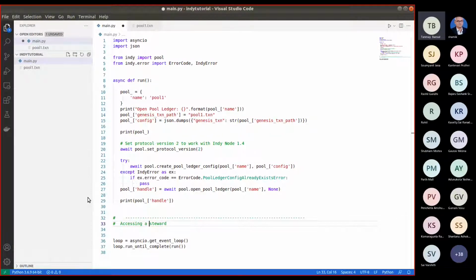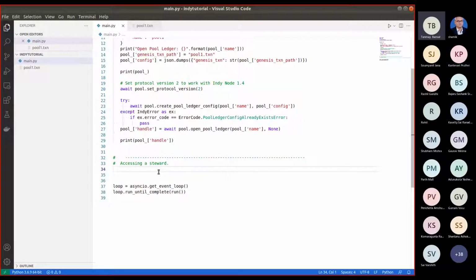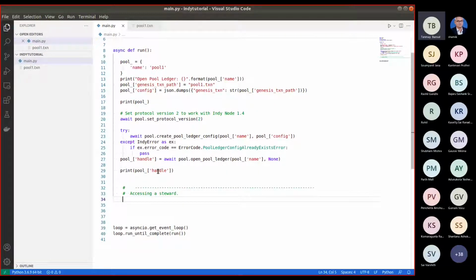These stewards are already there in the Indy network, the nodes basically, and they already have the public key and private key. So we need to know their private key to act as a steward, to get access to a steward. How we can do that is very simple. I have generated the pool stewards with some specific seeds.